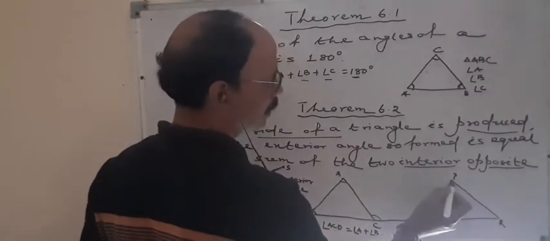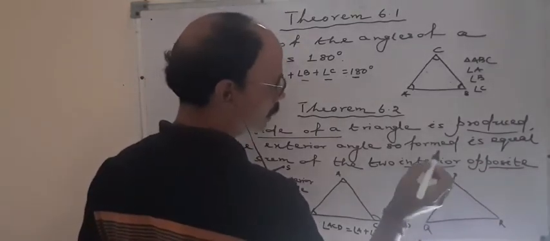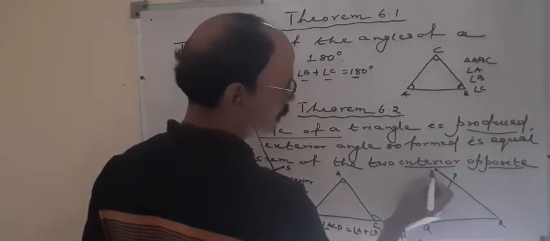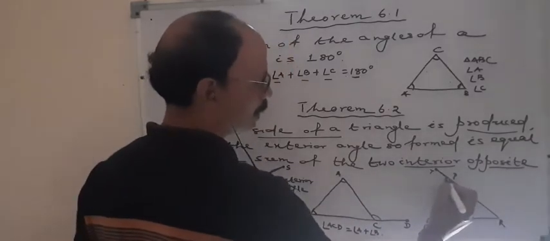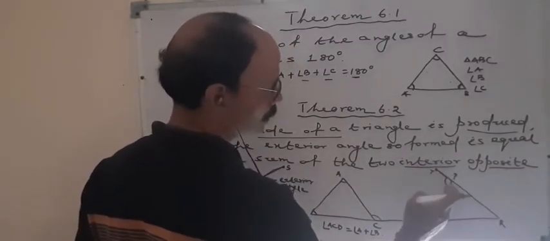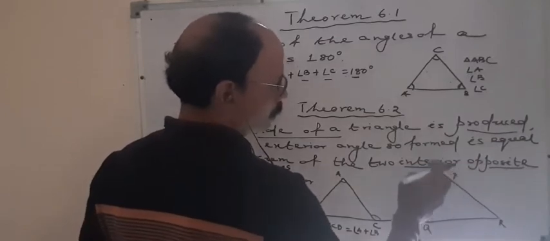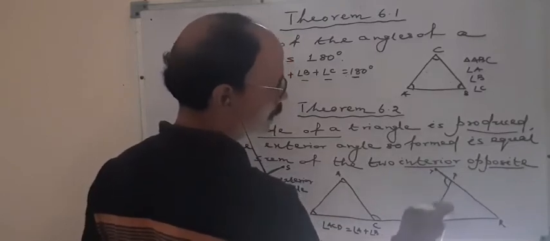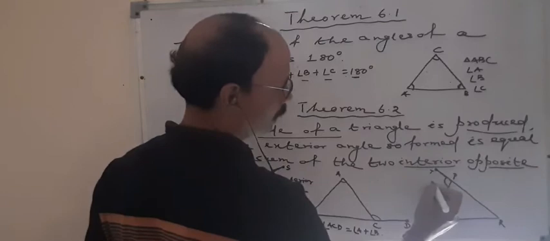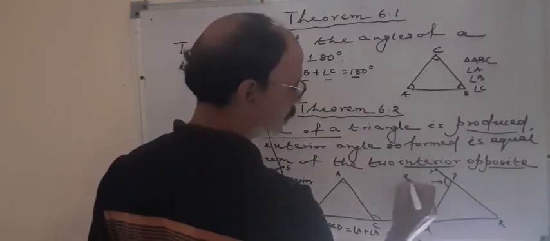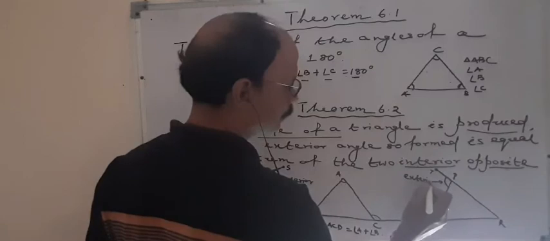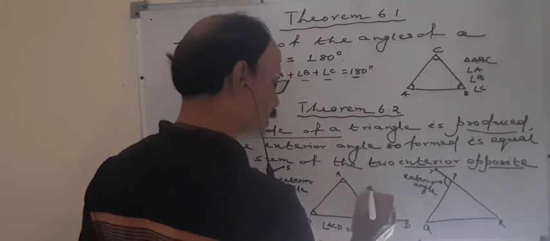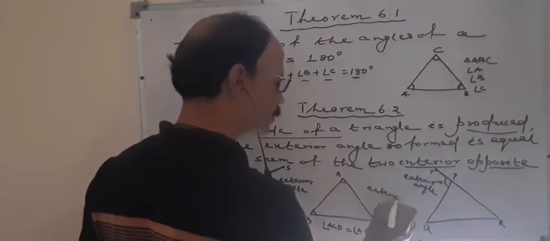So same thing, अगर हम यहाँ पे when we produce the line side that is PR, PQR is a triangle, or we produce this PQR, मतलब PR to what? PR to suppose T. So here is the exterior angle. जहाँ पे हमने प्रोड्यूस करेंगे तो उसके साथ जो एक्सटेंड साइड है वो और कंजिक्यूटिव साइड ऑफ द ट्रायंगल, वो दोनों क्या बनाते हैं? एक्सटीरियर एंगल. So this is exterior angle.